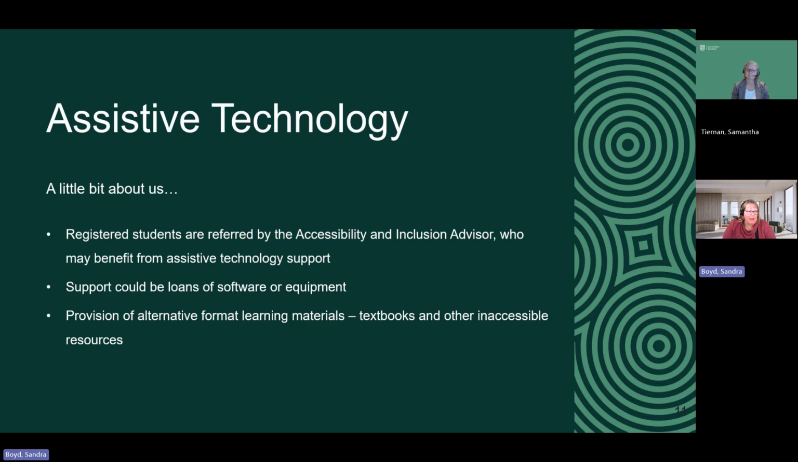So Sam mentioned we support students with equipment or software. Those sort of things can be quite expensive, like specialised desks or text-to-speech software. So we're able to loan it to the students while they're studying at Charles Sturt and have an active study access plan. Assistive technology in our section, we also make learning materials accessible to students,